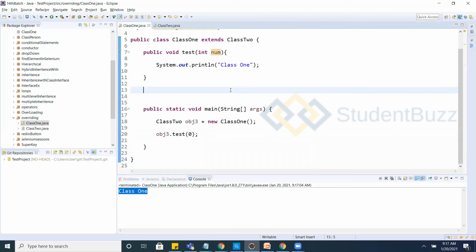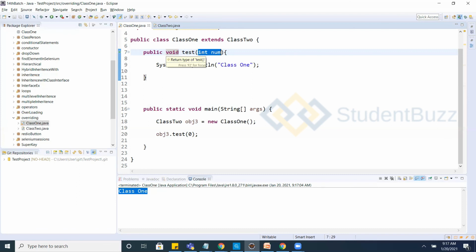If you want to override, you should have two classes. Those classes should be in a relationship, that is parent and child relationship. In that, whenever you have a parent class method and you want to override it in your child class, the method name, the return type and the parameters should be the same.